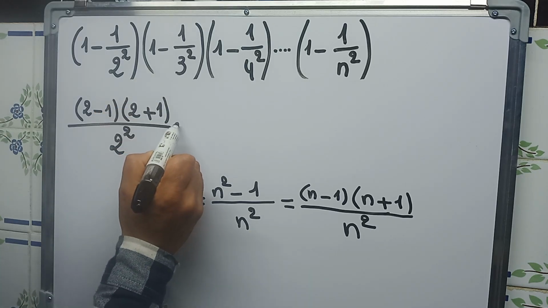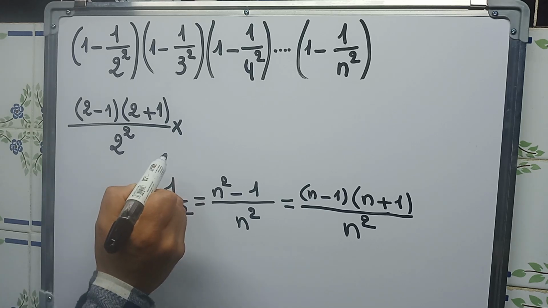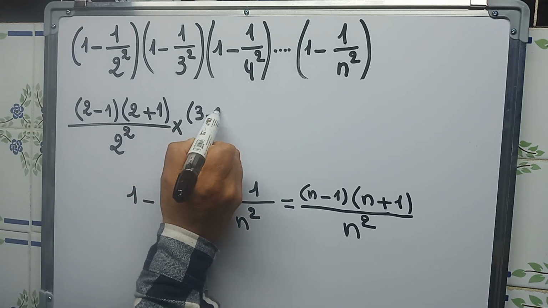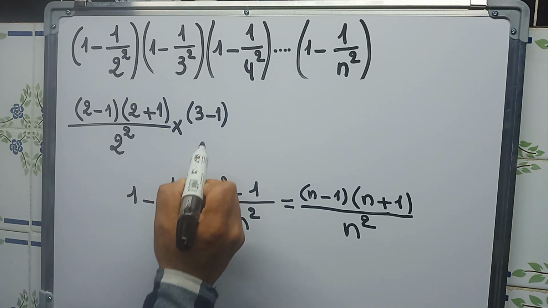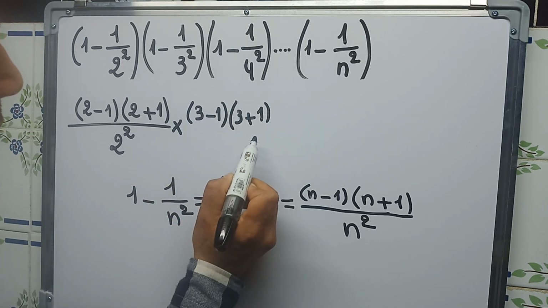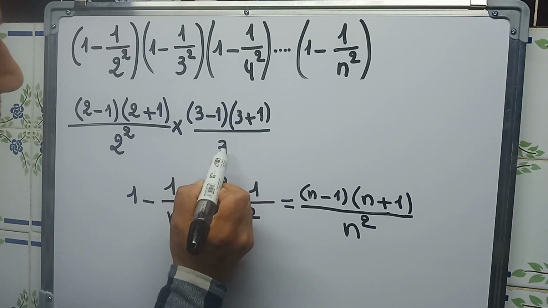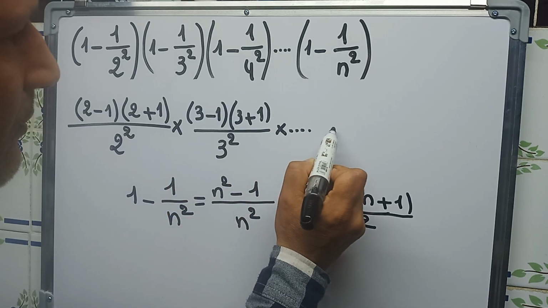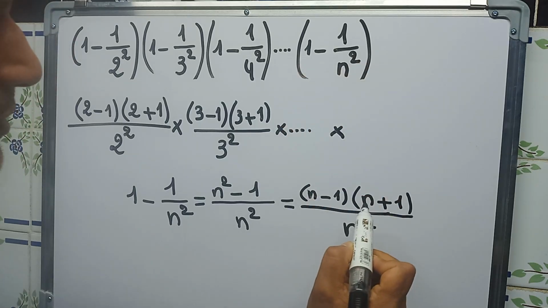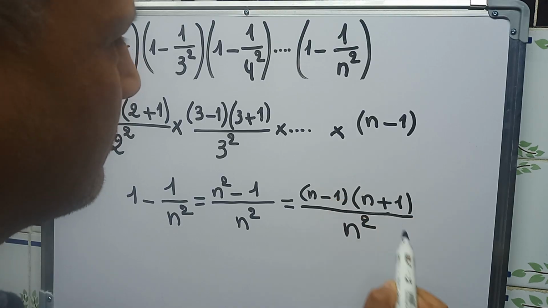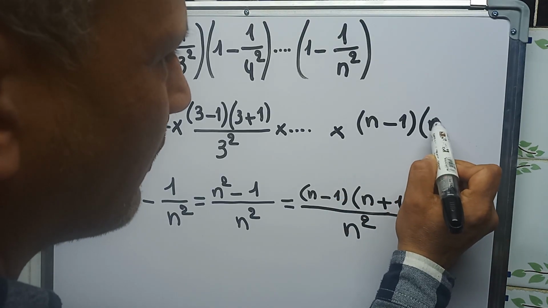The second one will be with n equals 3, so 3 minus 1 times 3 plus 1, of course over 3 squared. And we continue until, of course, the last term, which is n minus 1 times n plus 1